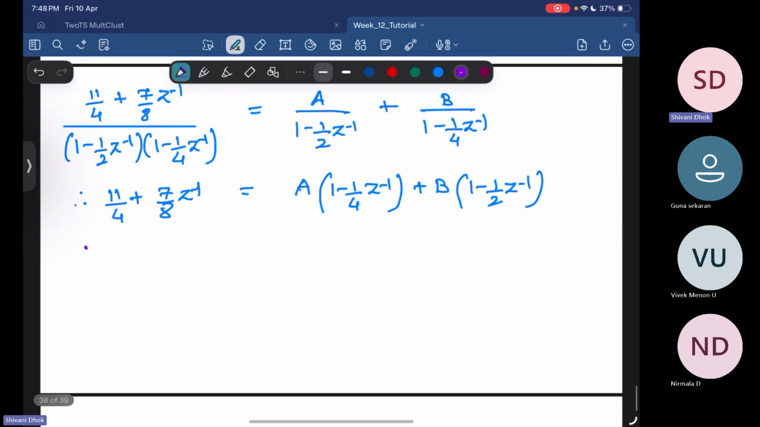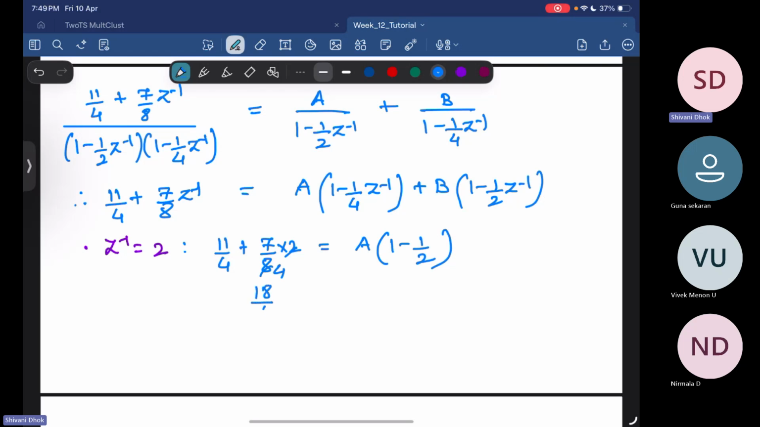Now, in order to nullify the coefficient of B, let z inverse be equal to 2. So what we get is 11 by 4 plus 7 by 8 into 2, which is equal to A into 1 minus 1 by 2. So this gives me 18 by 4, which is equal to A by 2, which implies that A comes out to be equal to 9. Similarly,